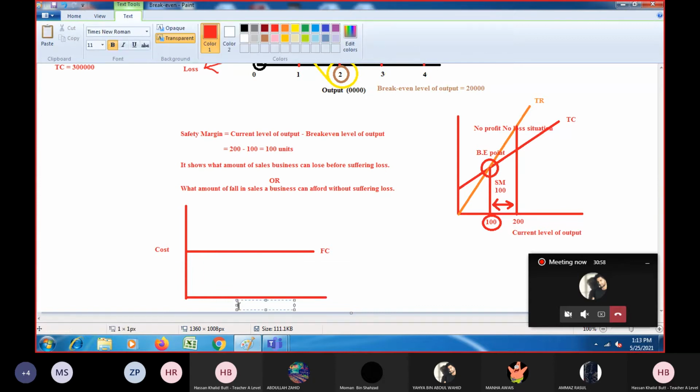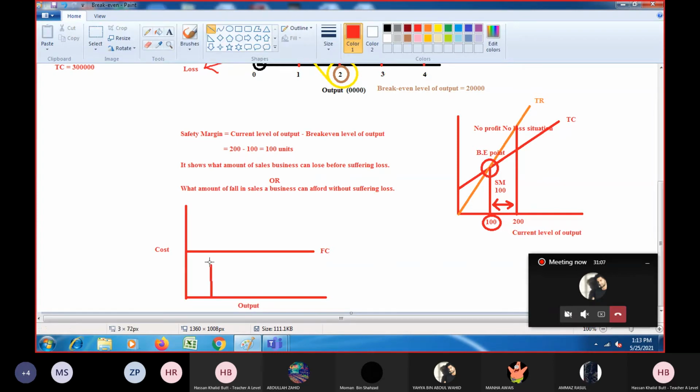And we take output here, right? Output. Now even if we increase the output, let's say there is some fixed cost there, if you increase the output, you can see that there is no change whatsoever in fixed cost at all, and that is the property of fixed cost as well. Even if you increase output further, you do not see any change in the fixed cost. So either you increase your level of output or you reduce the level of output, you would not find any change, and that is why the fixed cost curve could be like that in a break-even chart.